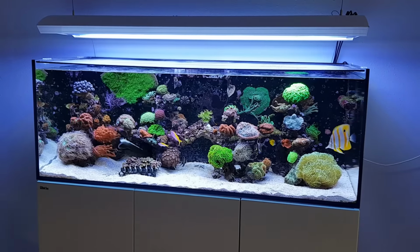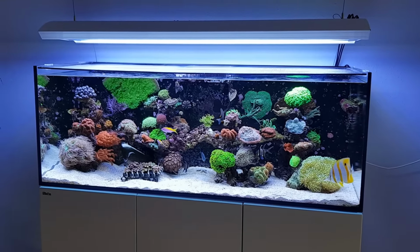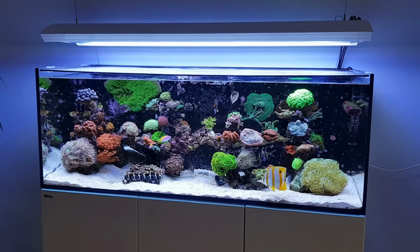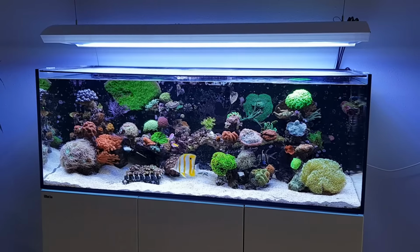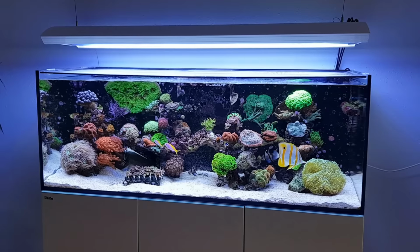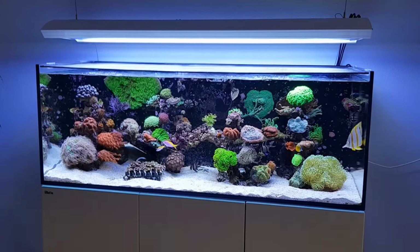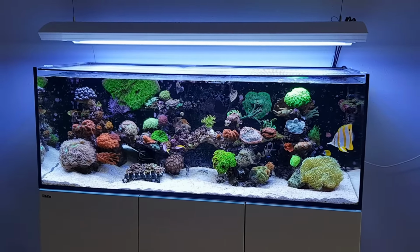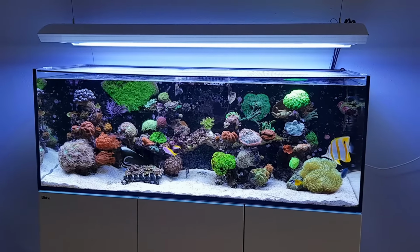They have very nice colors, as you can see, ranging from green to red, bright colors, which show very nice under good lighting circumstances, especially also in the evening when the colors are more blue. Then they will reflect really well. They are a feast to look at. So I hope I've been able to encourage you to look into LPS corals, to buy more, to expand your tank,